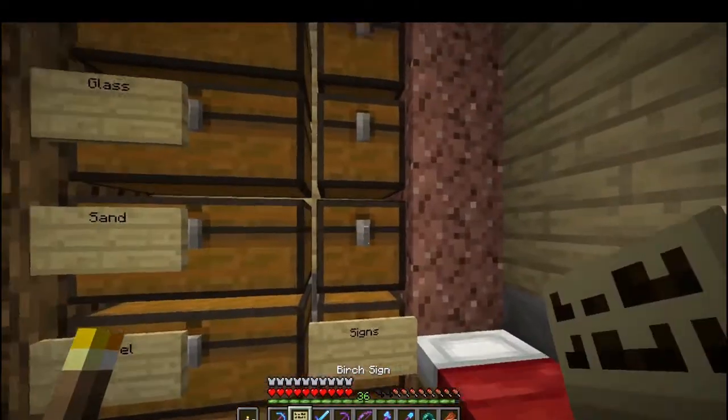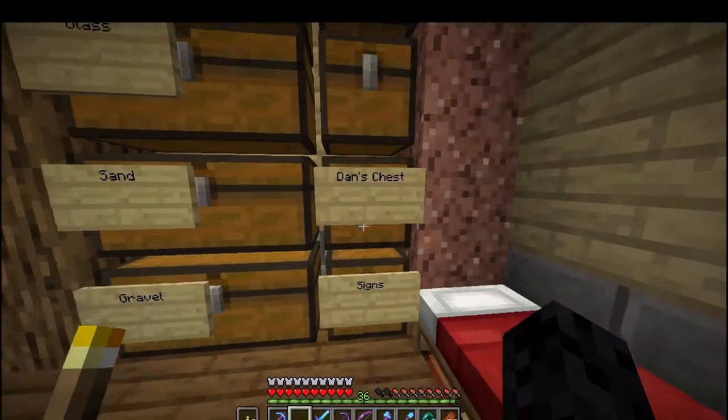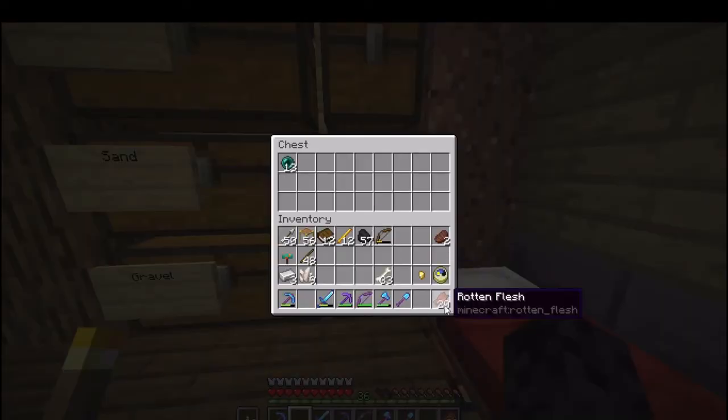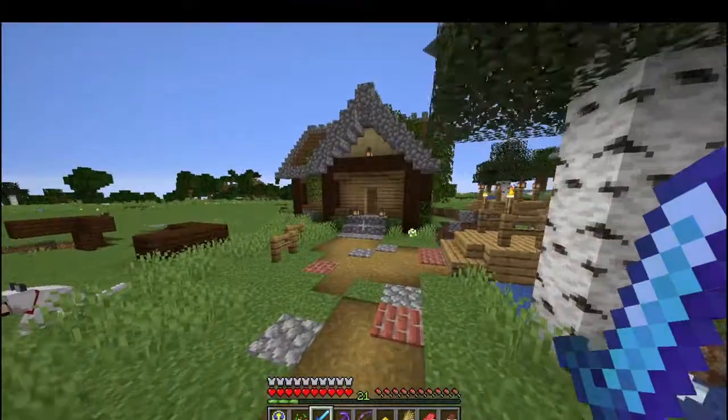All right, so we're back at our base. We've got everything that we need, and I'm just gonna make a little chest here with my name on it, just so people know that this is just kind of personal stuff, and hopefully they just won't mess with it. Gonna go ahead and put the blaze rods and the ender pearls in here, and yeah, so we're ready to do that. The next thing I think I'm gonna do real quick is